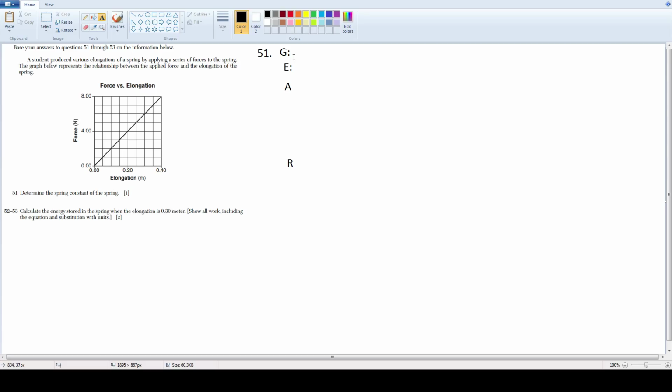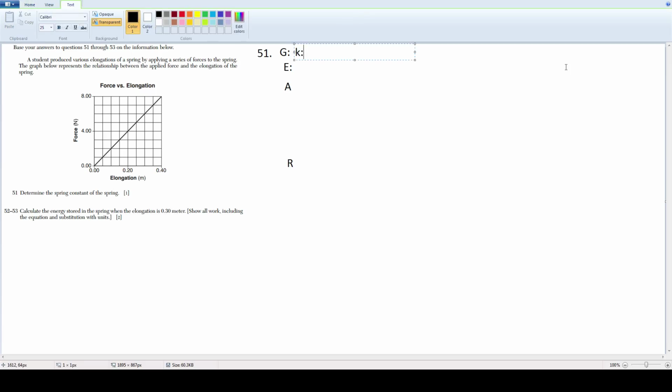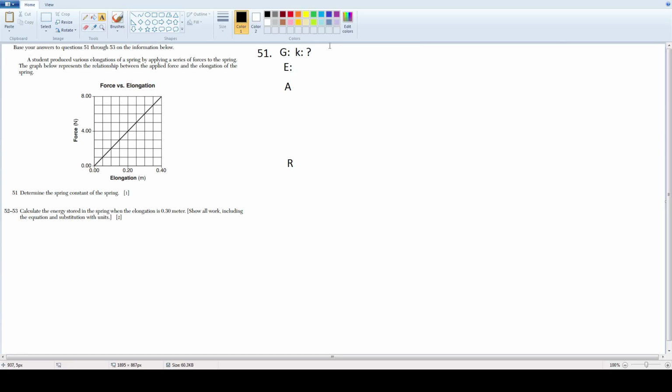So just from that, we can go to the Givens part of our GERS method and put k, which is equal to the spring constant. If you check your reference table, question mark, since it is what we are trying to find. Next, there are actually 2 ways of doing this problem. One, you can just get the answer straight from the